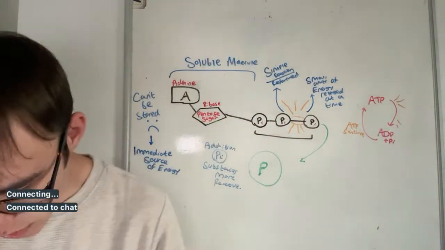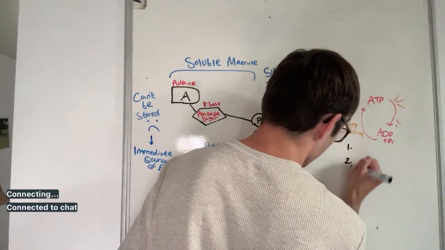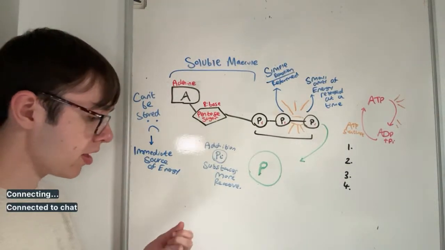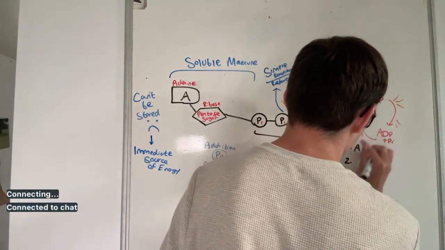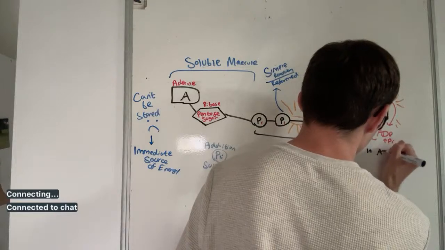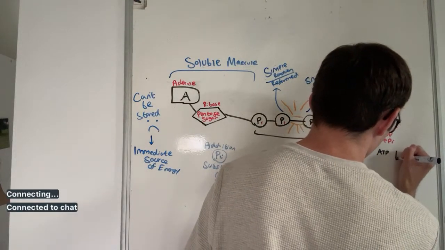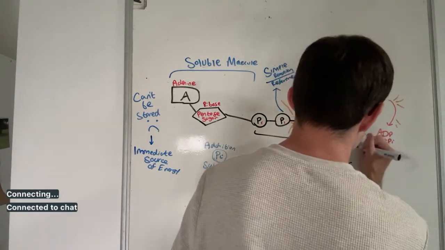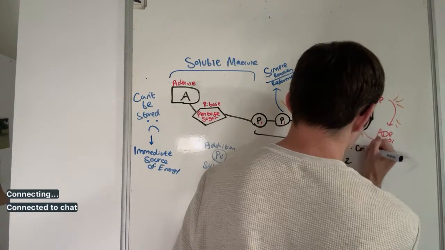So, let's see if we can get 4 marks out of this. 4 marks for this, I feel like that's quite a tough ask, to be honest. Don't think we can get 4 marks, but let's give it a go. So, I'm going to say, should we say the Pi in ATP, would it be hydrolyzed? Let's just say broken. Oh, okay, bond. We need to talk about bonds here, don't we? So let's say the covalent